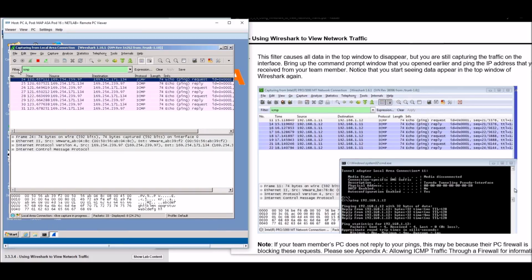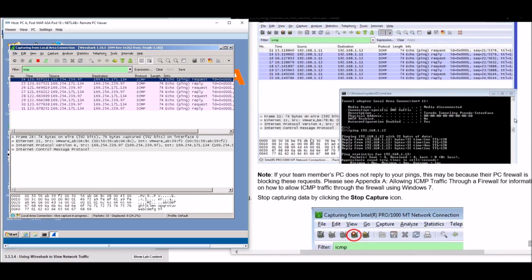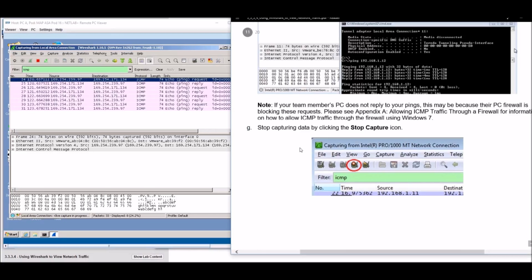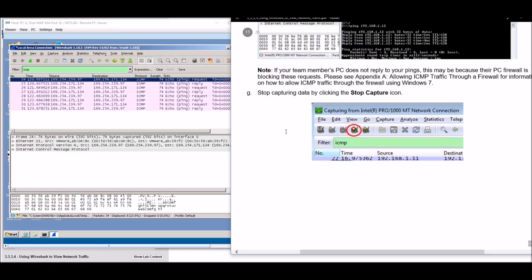And now we have filtered for ICMP, and now we can see that ping request. We can see that went through and that gave us our information. We can stop capturing by just going up here and clicking. It looks a little bit different. This is the older version versus the newer version. But if we click stop, it stops collecting data. Our information is still there, what we collected, because we can download that and save that.